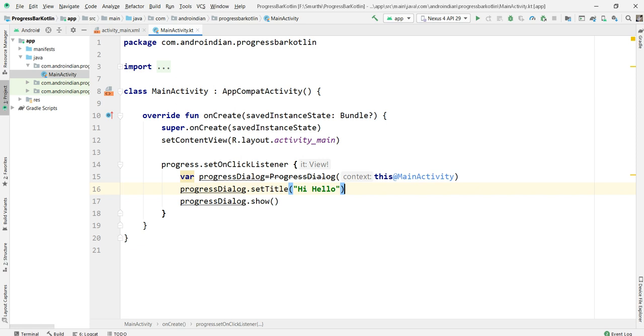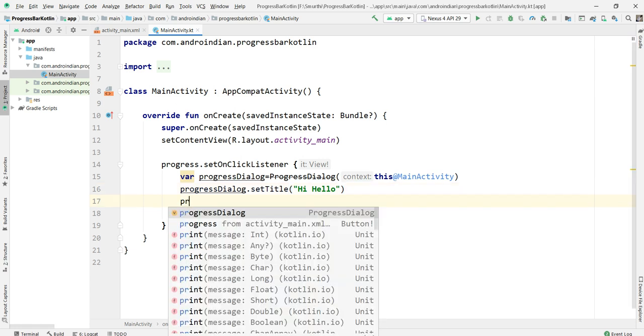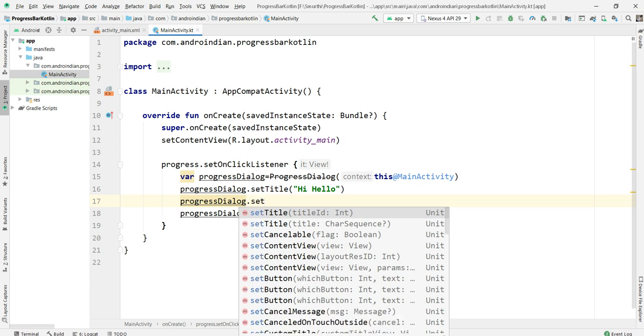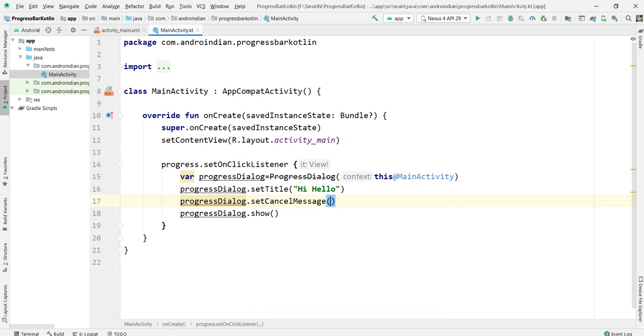Then progress dialog dot set message. Message I want to show here as good morning.